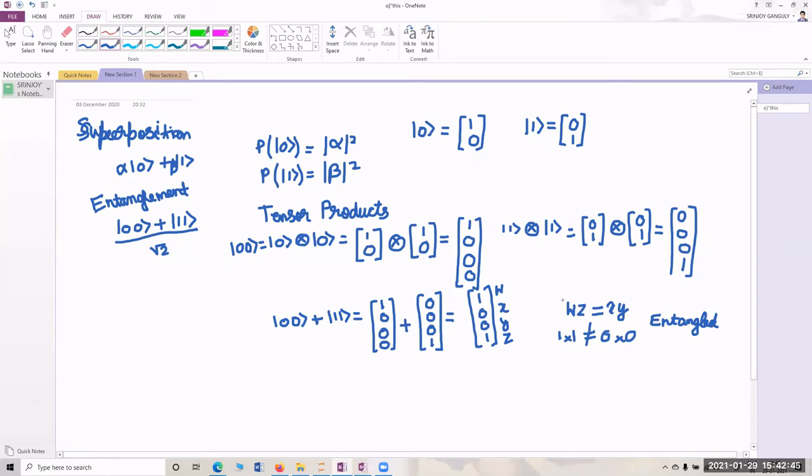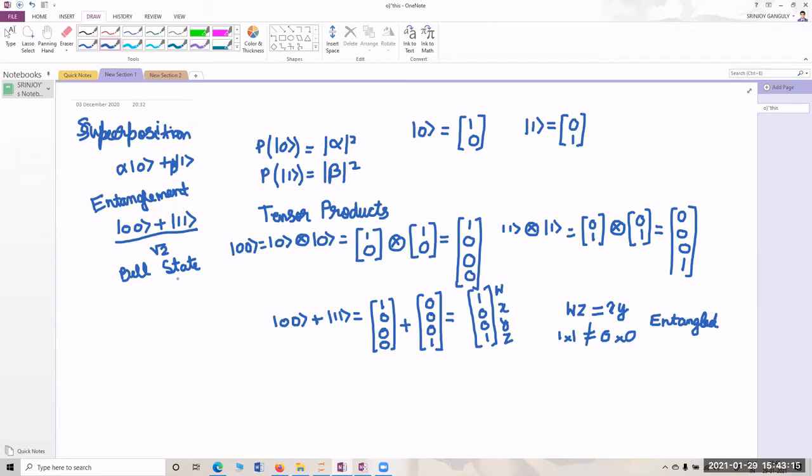So this proves that this is an entangled state, and there are other states as well, and this state has a special name. This state is known as the Bell state. Okay, so this is really an interesting phenomenon which happens in quantum mechanics, which is entanglement,